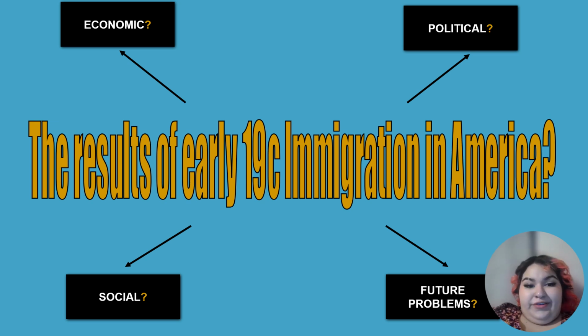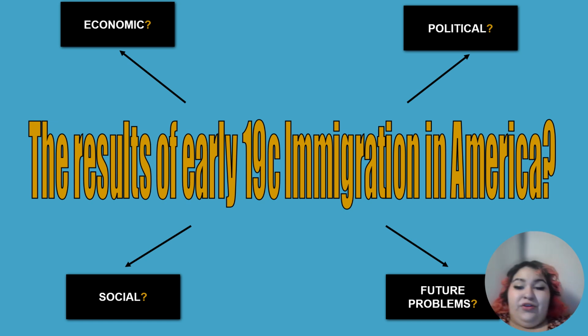Now, just for a second, as a result of the immigration that's happening in America during this early 19th century, economically, we're really going to see a boost in the country, right? We're going to see a boost in the demand for manufactured goods. We're going to see a lot of people starting to work for these big corporations in the country. Obviously, being a good time for America and how much money they're making. Politically, we're going to see a little bit more tension, especially because they have to deal with a new issue of immigration. Like, do we support the immigrants? Do we not support the immigrants? If we do support the immigrants, what political party do they side with? So on and so forth. So America has to deal with that.